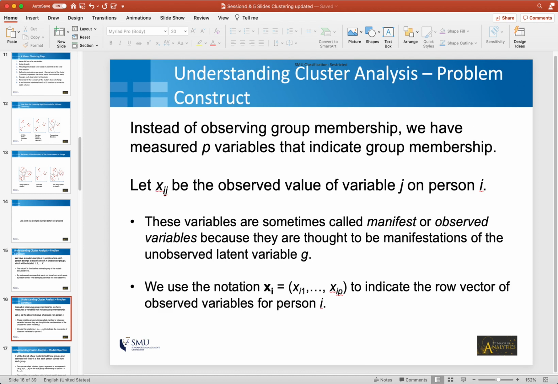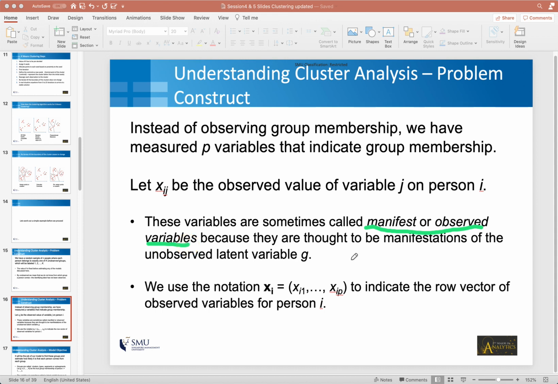The other thing I want to talk about is that we're only looking at a few aspects of this algorithm. We don't need to really go into mathematical formulae, but I do want to talk about some intuition behind some of these things. So we talked about unobserved groups. The other thing we talk about is the manifest or the observed variables.